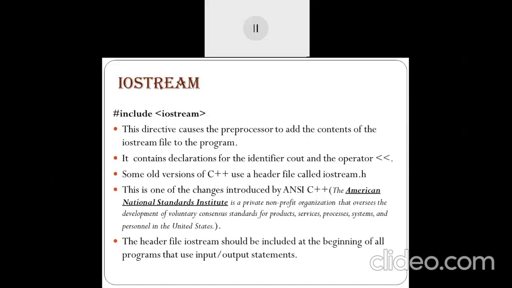This directive causes the preprocessor to add the content of the iostream file to a program. It contains declarations for the identifier cout and the insertion operator. So it also supports the cout statement with the operator, because the operator also has a meaning. If we are simply talking about cout, but with that cout the operator is insertion, it also has a meaning, which is again